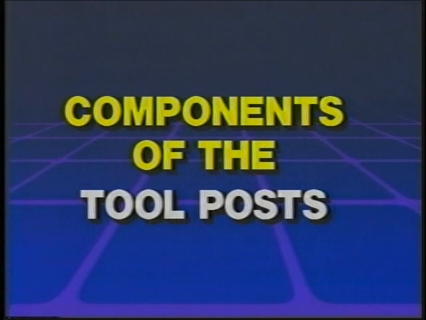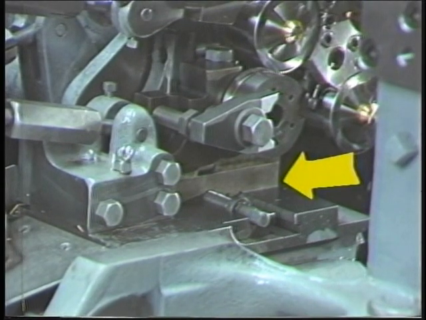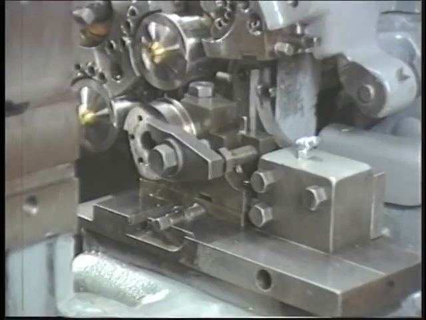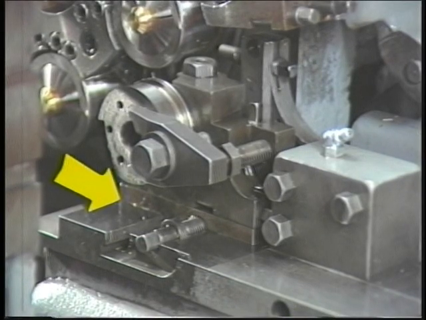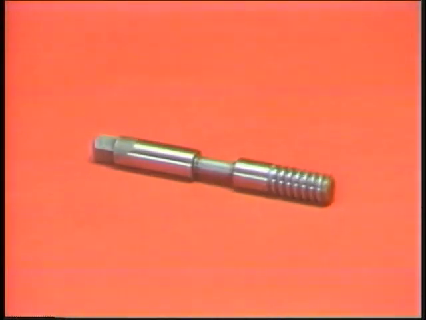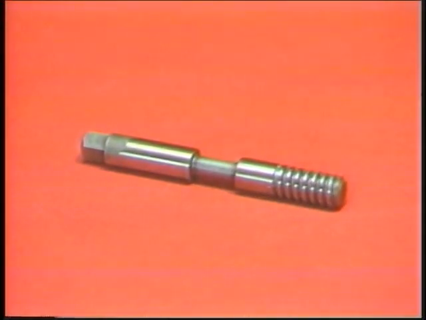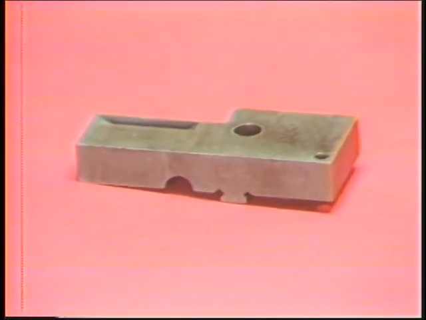Components of the tool post. The tool posts are mounted on the front slide, first position, and the rear slide, second position. Parts of the tool posts are the main tool post body, the circular tool adjusting worm, the riser block,